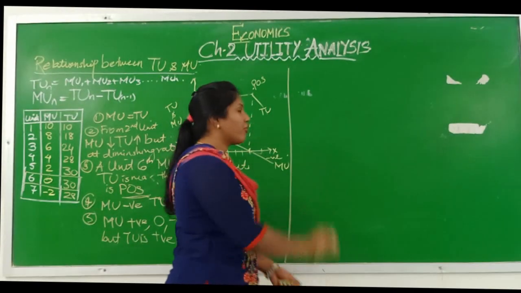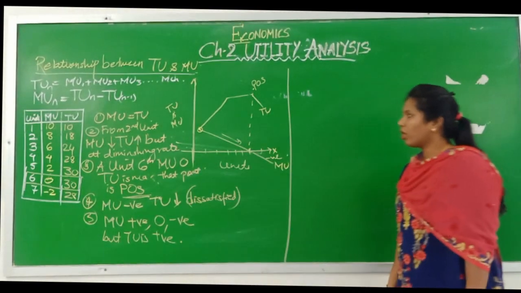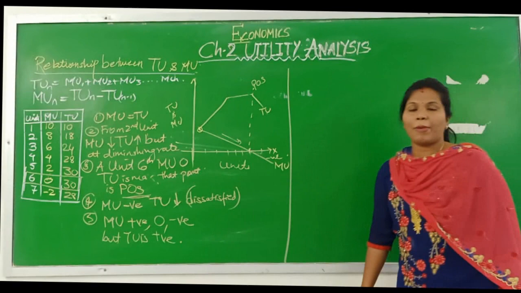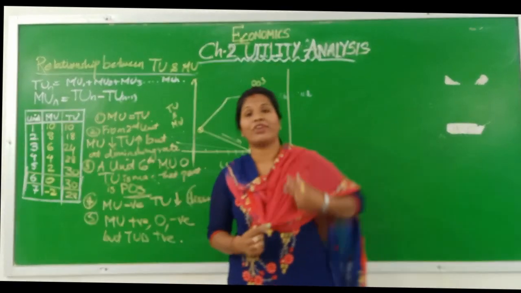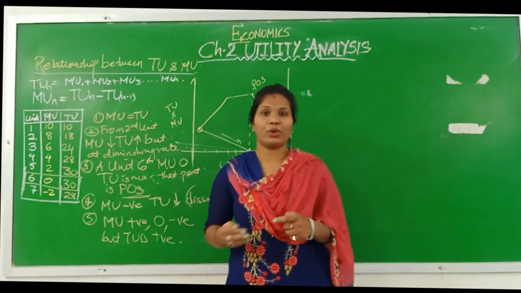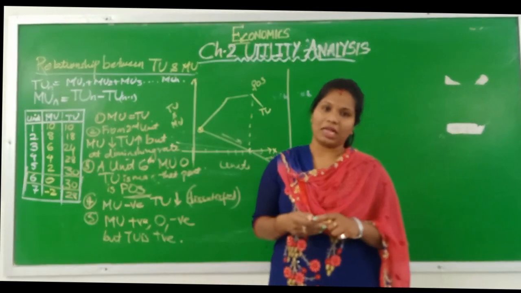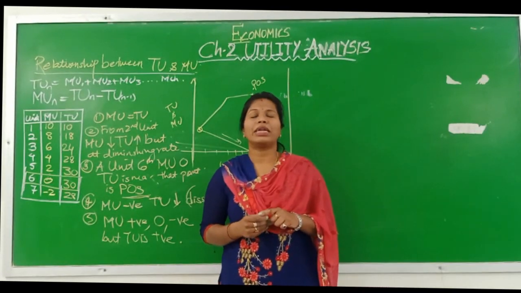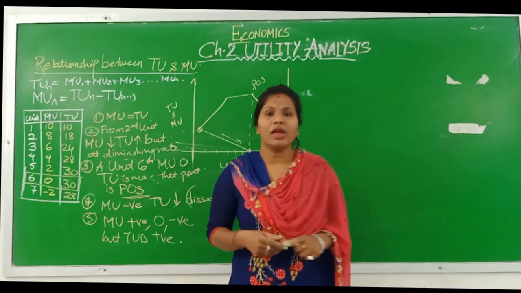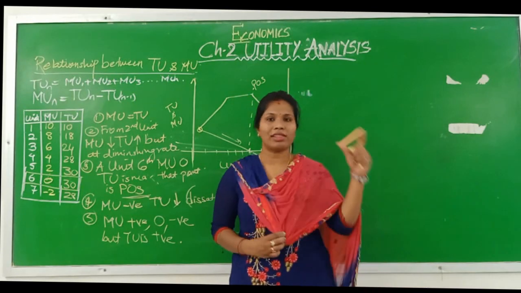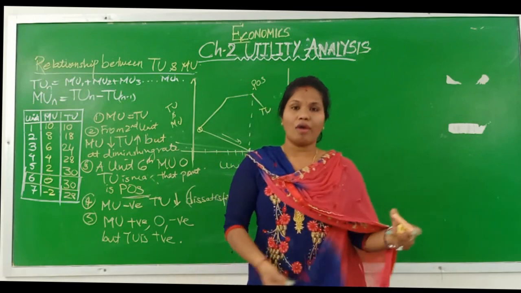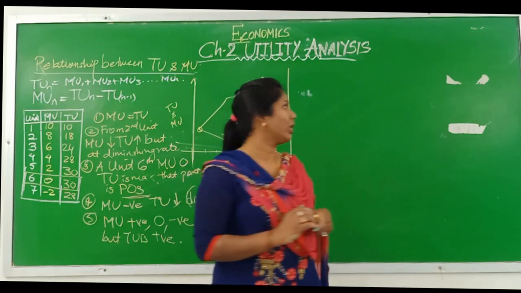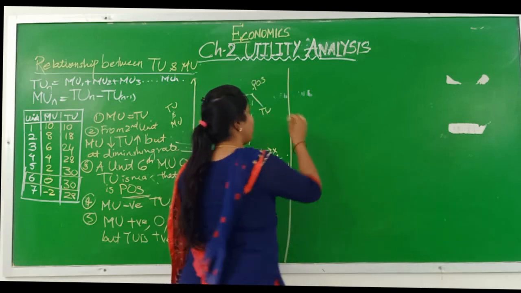After the relationship between TU and MU, let us discuss today's topic, that is a very important topic and the very first law of our 12th class, that is law of diminishing marginal utility. We have 3-4 laws in our whole syllabus, but this is your very first law, that is law of diminishing marginal utility. So let's see what is the law